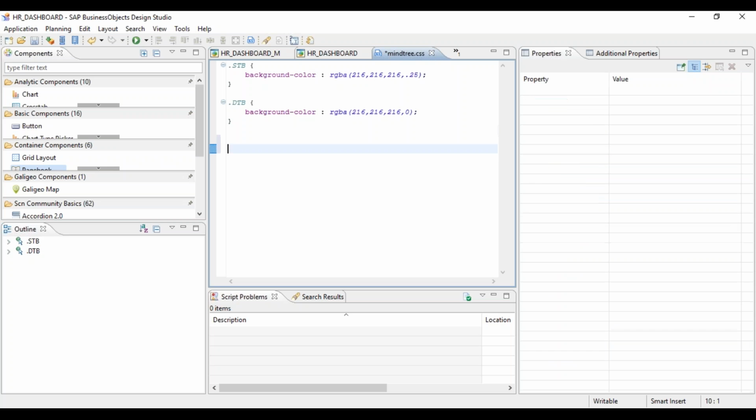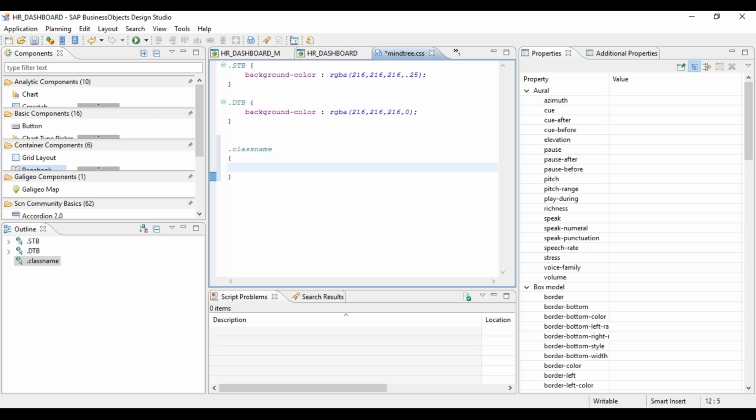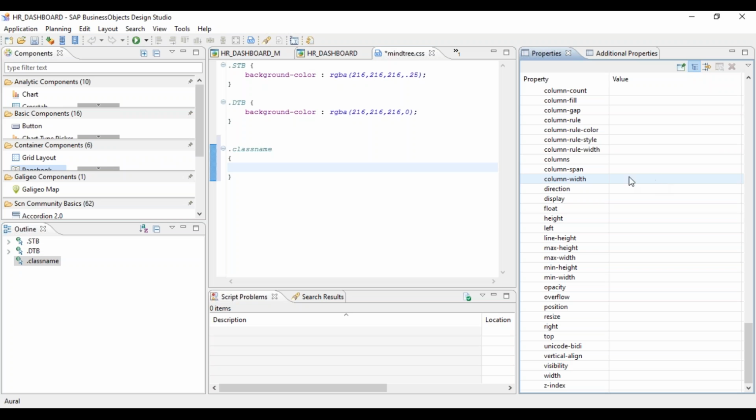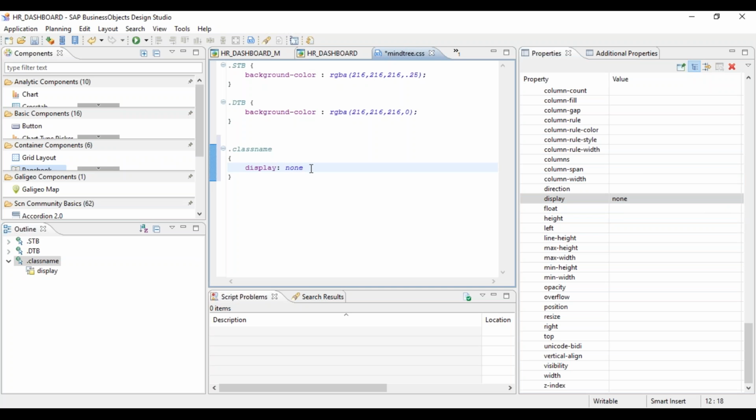So you can write here directly. You can define your class and then you can fill the parameters from here. It gives you all the options. It's very easy in 1.6. You don't have to know the parameter. You just go and see, okay, that parameter is there or not, and give the value here directly. Display none. Automatically it will go here. So the important thing is that we need to find the right class.